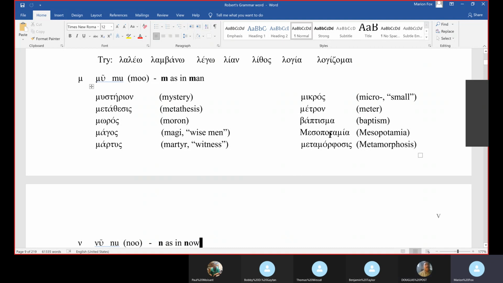Mesopotamia, and so what this is, how we pronounce it, we put the accent in a different place, Mesopotamia. And this is the land, and meso is between the rivers. So it's the land between the rivers. That would be the Euphrates and Tigris rivers, Mesopotamia. Meta, again, another preposition, morphos,